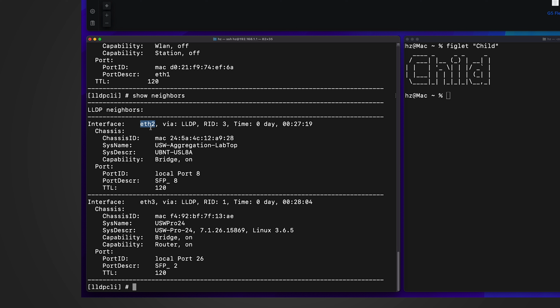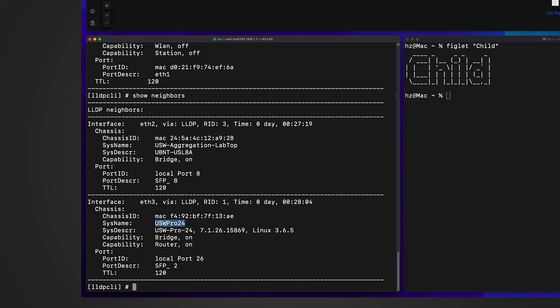So one connected to the WAN port. By the way, I'm running the lab environment behind my main router. So that's why here you can see from the WAN port, it shows the UniFi switch name, which is not part of the lab environment. It's part of my production environment. And then from the LAN port, you can see,